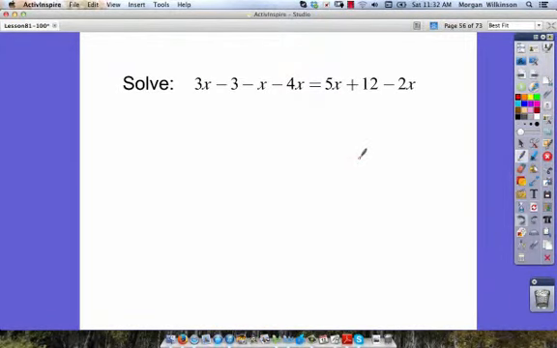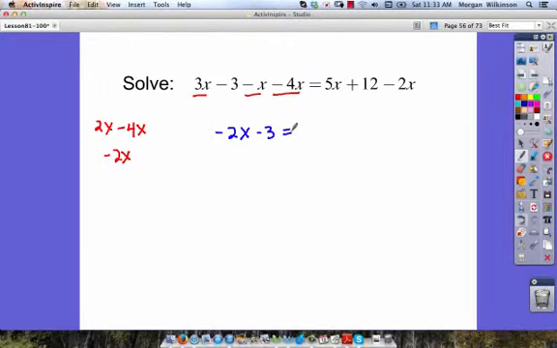Here we have another problem that we have to solve. Our first step is going to be to figure out how many x's we have on the left side of our equation. So we have 3x minus x. Well, 3x minus 1x, that would be 2x. And 2x minus 4 more x's? Well, that would have to be equal to negative 2x. So on our left side, we're going to get negative 2x minus 3, because that's our constant,